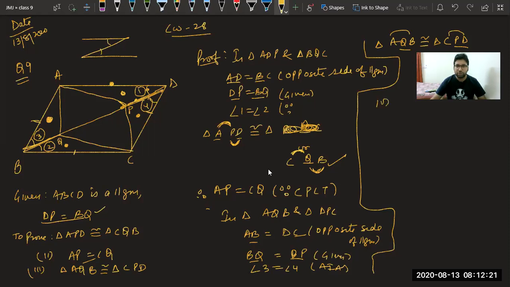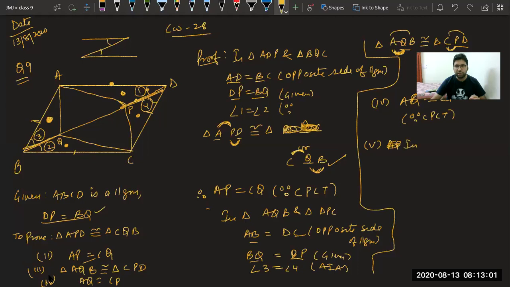Now the fourth part. Fourth part is asking, prove that AQ equal to CP. Can we say AQ equal to CP? If you observe, AQ is first and second, CP is first and second, so they are the corresponding parts. So fourth part is also proved. AQ equal to CP, reason is CPCT. So we are done with 4 parts very easily. Now comes the last but not the least. We have to prove this complete APCQ a parallelogram.